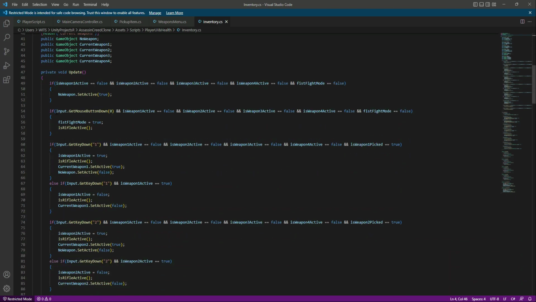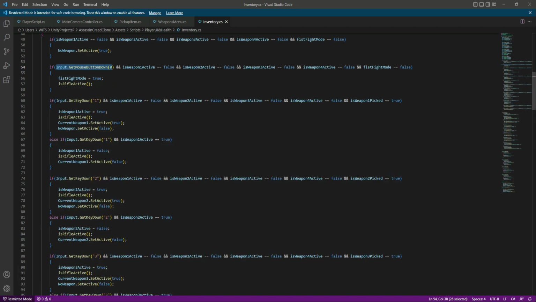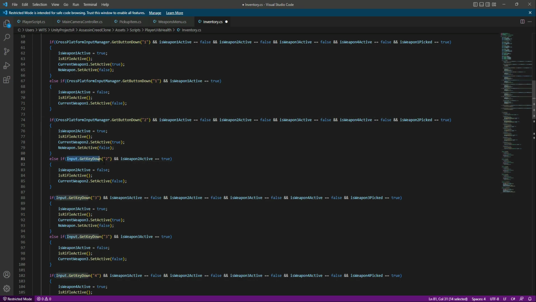Okay, and right here when we press the 0 button, for now just ignore this, because right here we will be using the attack button. For now we don't have the attack button, so we will leave this as it is. Right here we have the button 1, so just select this input.get key down and click Ctrl V, or you simply paste that. Then right here as well, paste it, select input.get key down, paste it,